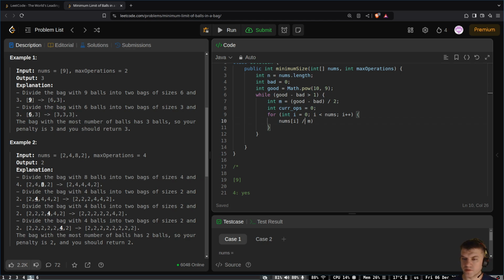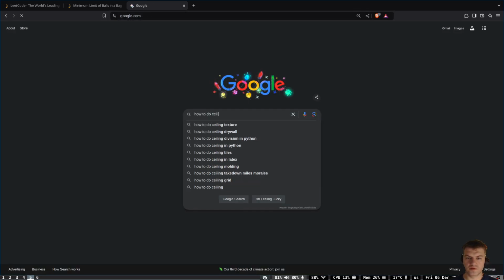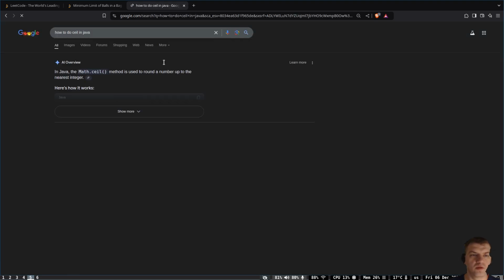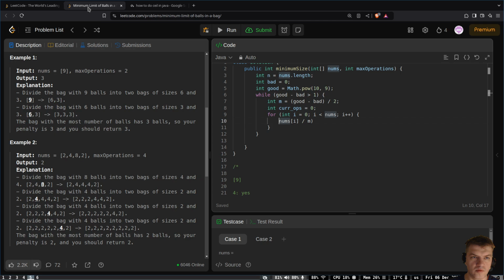and then ceil. How to do ceil in Java? I don't know. Let's find it. How to do ceil in Java? Math ceil. Int 0 multiplied by nums i, and int car ops equals